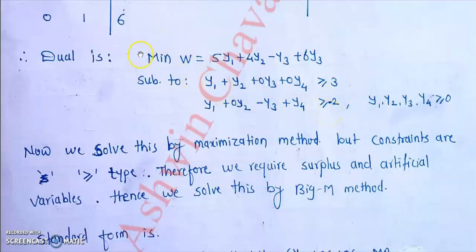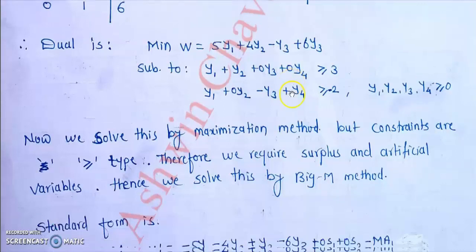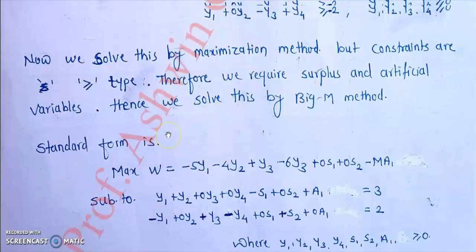While multiplying by the minus sign, we get less than or equal to type. Okay, and this problem will be converted into maximization, and for maximization we need all the constraints in less than or equal to type. The second constraint is already less than or equal to type after multiplying by the minus sign, but the first is not. That's why we have to subtract something from the left side, which is called a surplus variable, and whenever we use a surplus variable we have to use an artificial variable, and when we add an artificial variable we need to solve by the big M method. So here is the standard form.